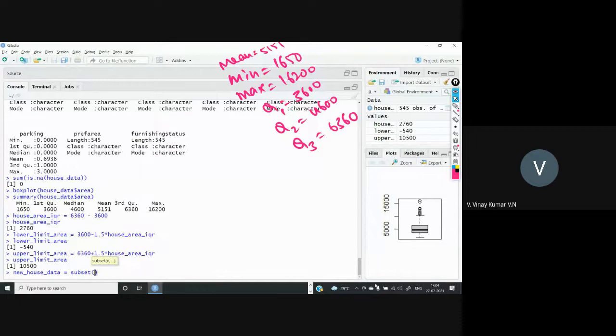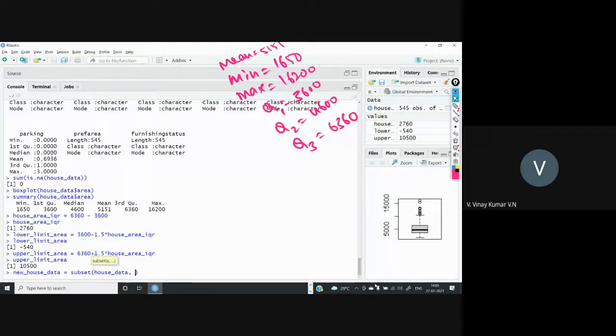I want to keep the data from the house_data table where my value is greater than or equal to the lower limit and less than or equal to the upper limit.